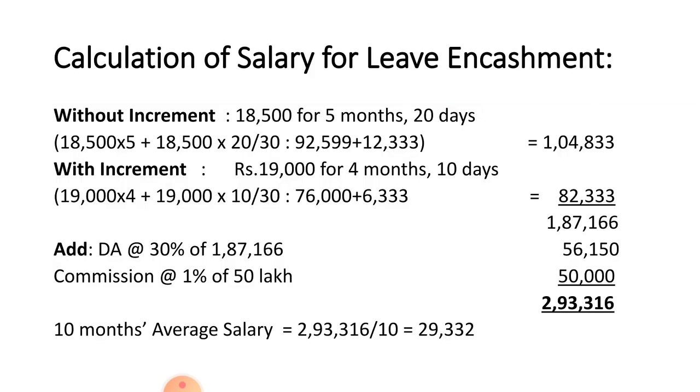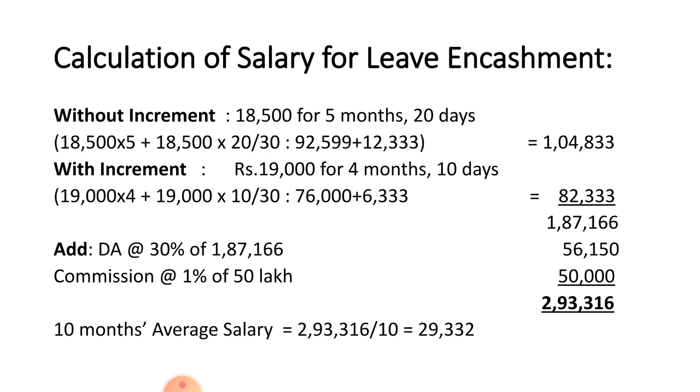Next, calculation of salary for leave encashment. Here till the date of retirement you have to consider. So without increment, 18,500 for 5 months 20 days, that amounts to rupees 1,04,833. Calculation is given: 18,500 into 5 months plus 18,500 into 20 days, that is 20 divided by 30 days, the days in a month. So the total amount is 1,04,833,